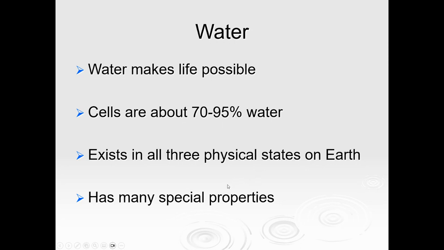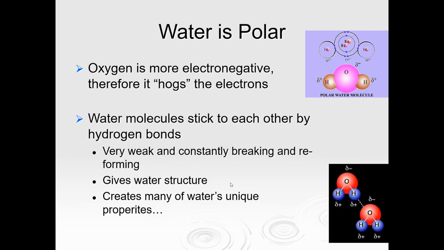And so water is very unique, and it's got some properties that a lot of other substances don't have that allow for life and allow for life processes. And we're going to take a look at some of those. And so one of the reasons water has a lot of the properties that it does is because it is a polar molecule. So going back to our lesson from yesterday, we know that in covalent bonds, the key word was sharing, but when we have covalent bonds that form molecules, that sharing is not always equal, and that's what leads to polar molecules. So in the case of water, the oxygen is highly electronegative, and what that does is